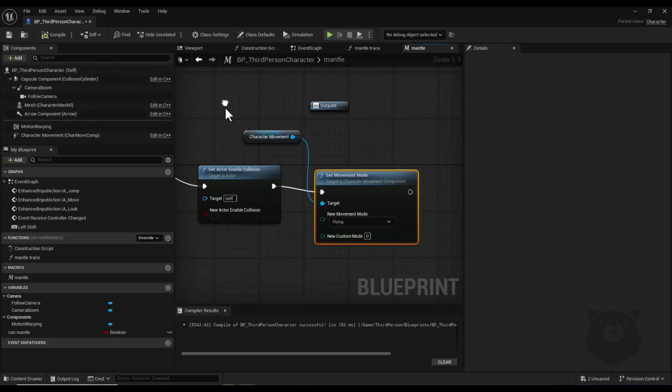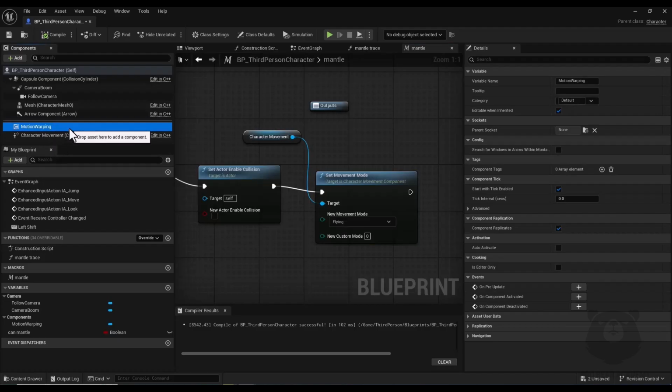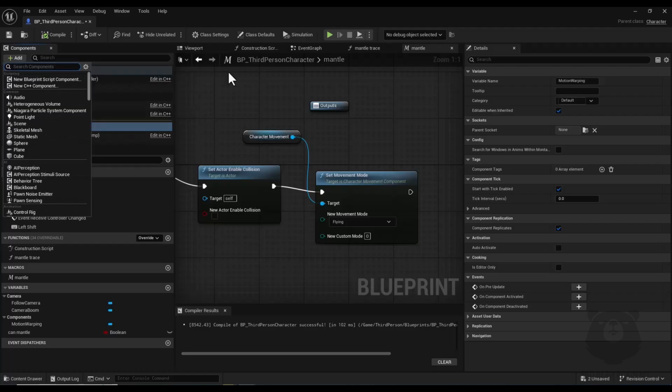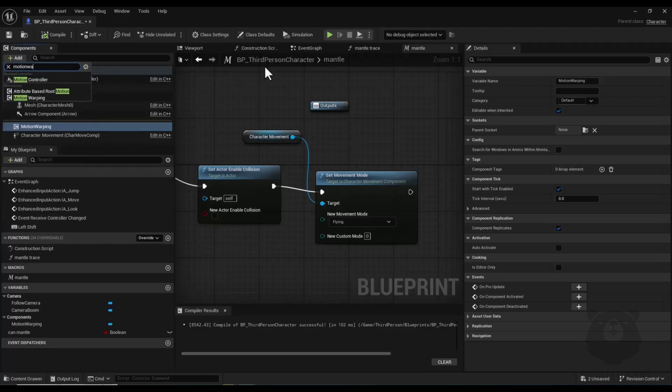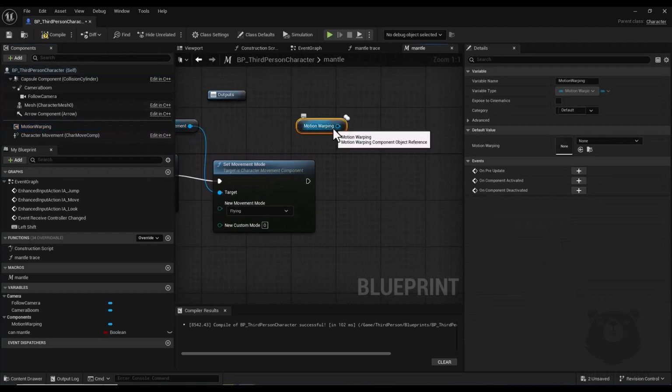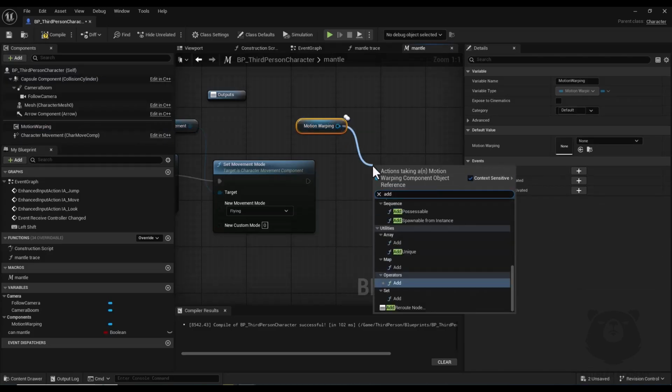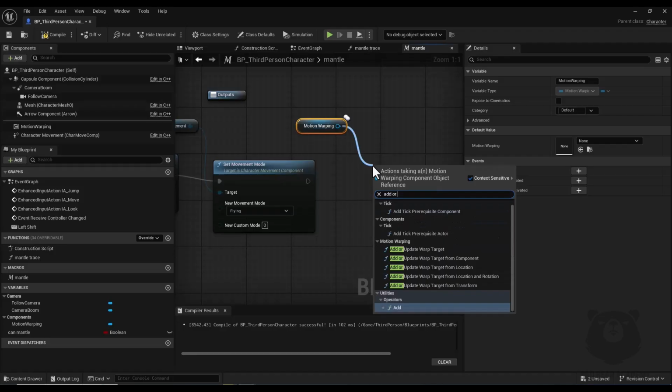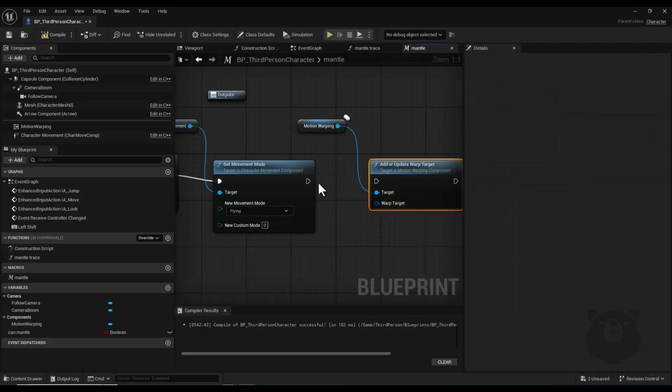Now here you should have this motion warping component available inside your character blueprint, but if you don't have this component, you can hit this add icon and here you can search for motion warping and simply add it to your character blueprint class. Now I drag and drop this motion warping component here, and now I drag a node and search for add or update warp target, and now I connect it here,